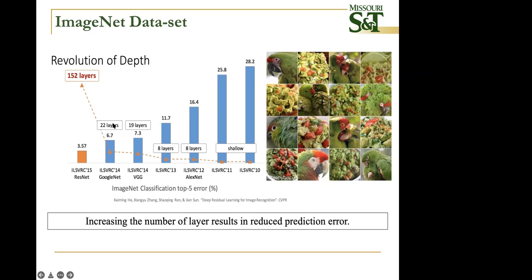And as you increase it to 22 layers, which is GoogleNet, it goes down even further to 6.7% error. Now look at that. In 2015, we used about 152 layers, and you can bring it down to about 3 to 4% error. So as you increase the number of layers and the size of the network, you can actually improve the prediction error. That's the reason why we talk about deep learning.